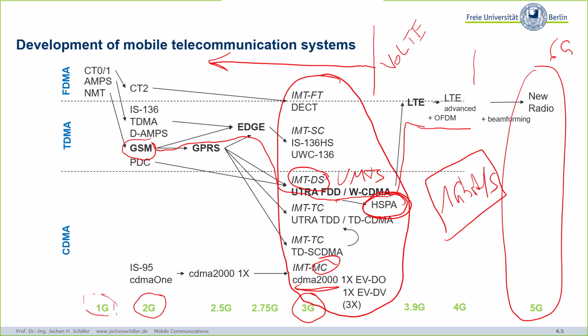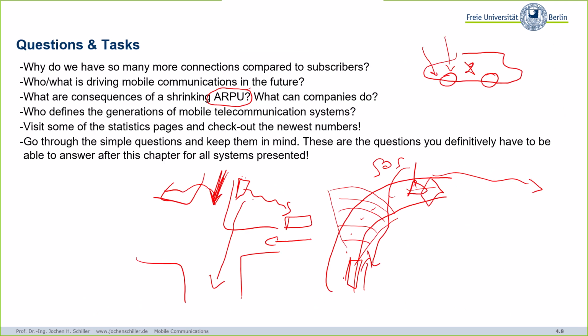Then another part of the answer is that companies also define this. So companies now say, okay, this is the technology we want to integrate and this is 5G. And then together with the standardization bodies, you come up with this new term. Also marketing tries to define this. So there are many different bodies pulling at these terms and saying, oh, now this is 4G and whatever for different reasons. But officially, it's typically the ITU giving you some goals the systems have to fulfill. So that's the idea, and these are the new generations.